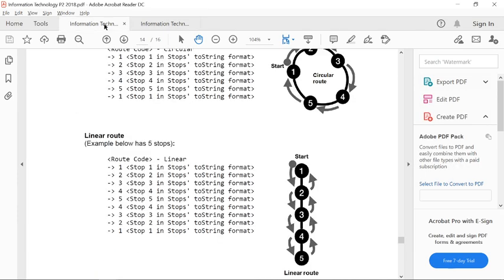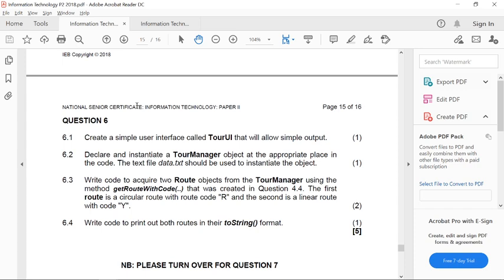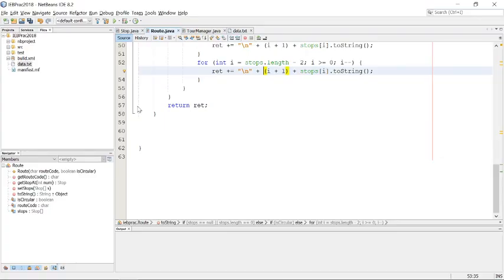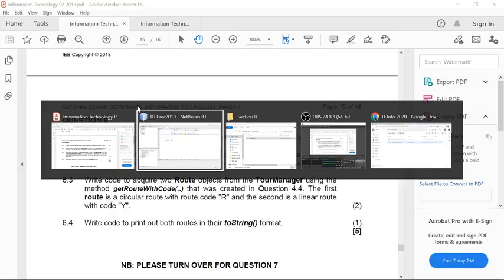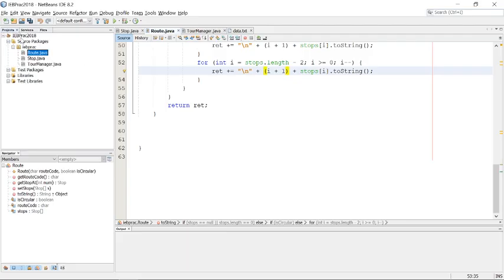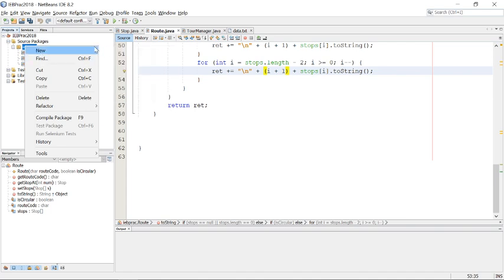So we're going back to the question paper. So now look at question 6. If you wait until here to do your testing and you made a mistake, you're going to be in a lot of trouble. So what I would do is do the stop class, create a little test class, see if that works, then do a root class, create a test class, see if it works, and go like that. So now I want to tell you UI, so new Java class